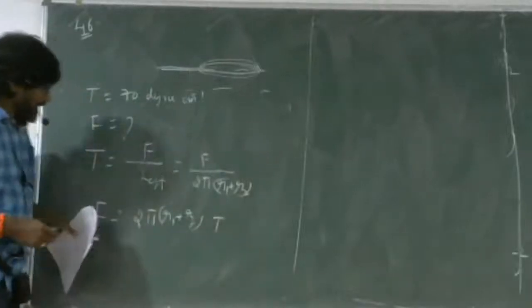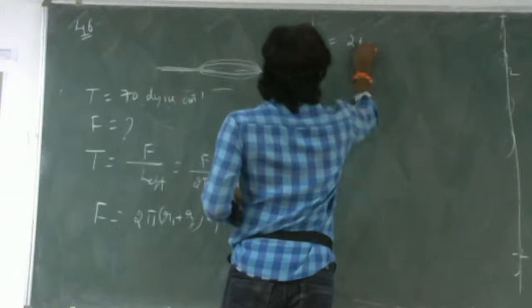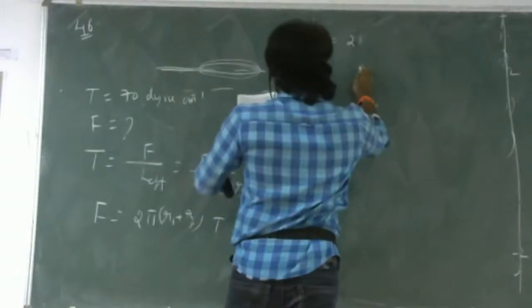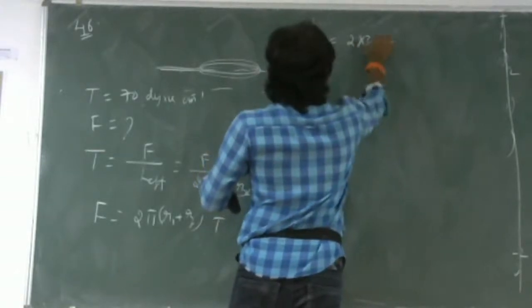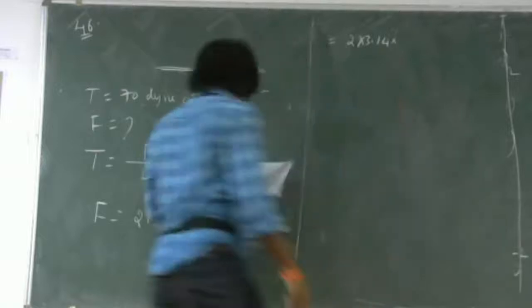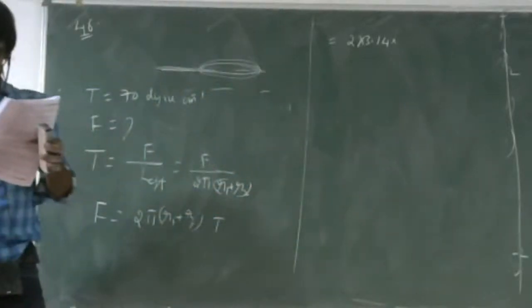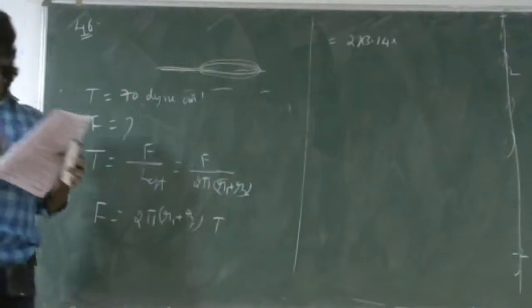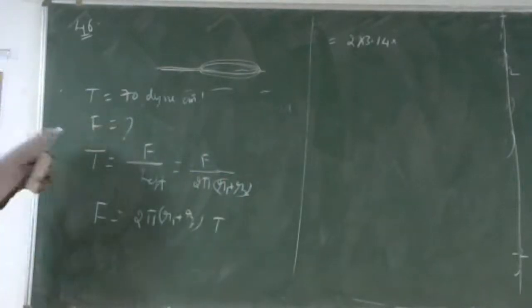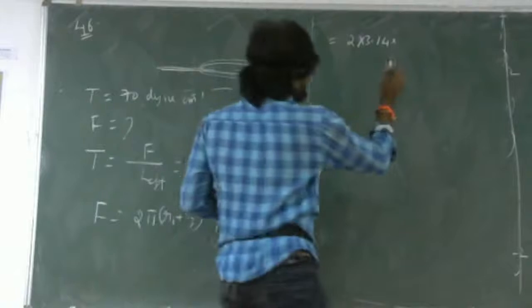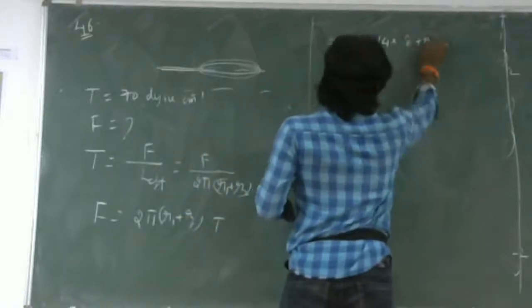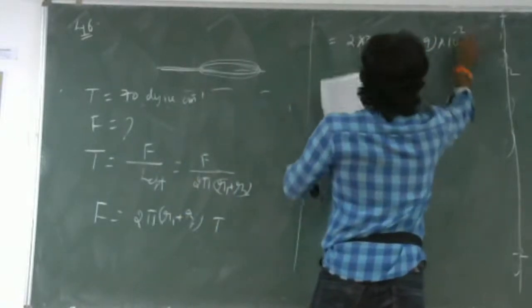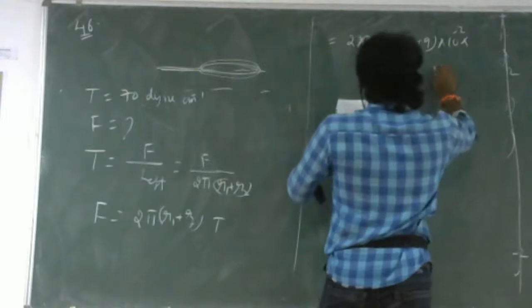Substitute: 2 pi, the options are given as numerical values, so 2 into 3.14 into r1 plus r2. R1 is 8 centimeter, R2 is 9 centimeter. So 8 into 10 to the power minus 2, 9 into 10 to the power minus 2. Take 10 to the power minus 2 out, so 8 plus 9 into 10 to the power minus 2 into surface tension, which is 70 dyne per centimeter. If you want to convert this